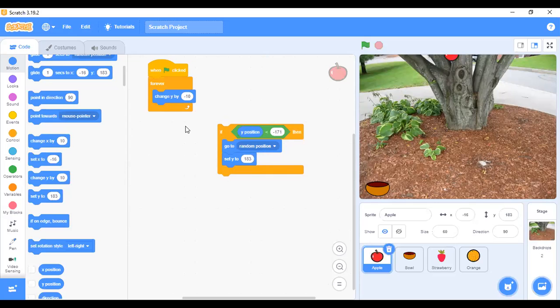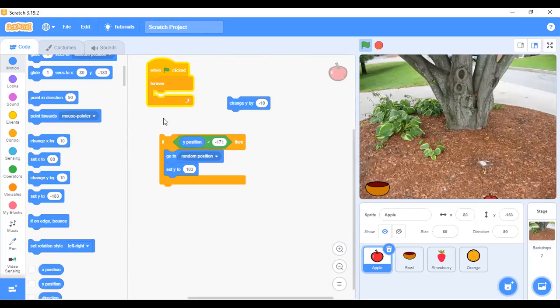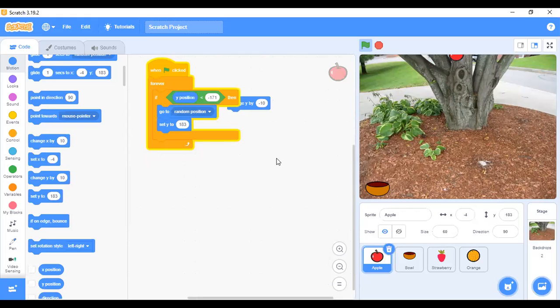Now, let me add it here together. Let me click on this. So that is what I've been trying to explain to you. Why was the apple falling down from here? Because one, we set the apple to change its position, that is to fall down. If I try to remove change y by 10, the apple will not fall again. Let me remove this. Let me add this back. It will stay here. And what position is that? 183. Look at this y coordinate.